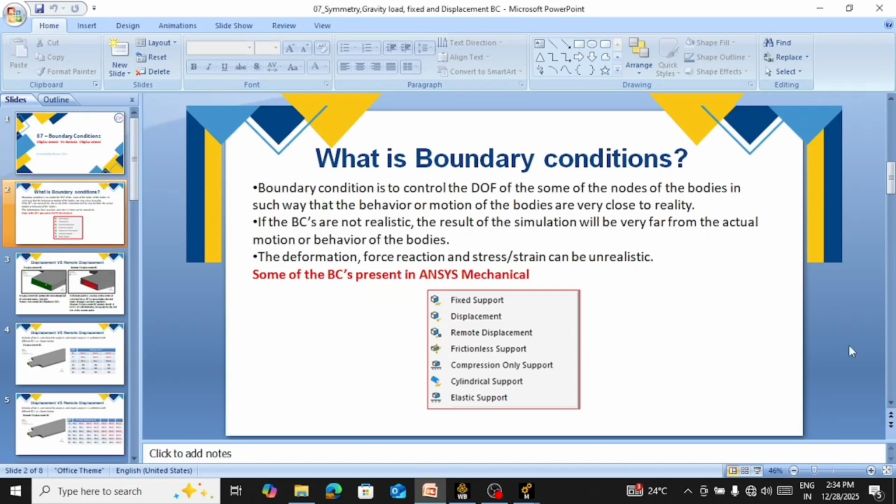Hello everyone. Today we will talk about the boundary condition. So what is basically a boundary condition? A boundary condition is to control the degree of freedom of some of the nodes of the bodies in such a